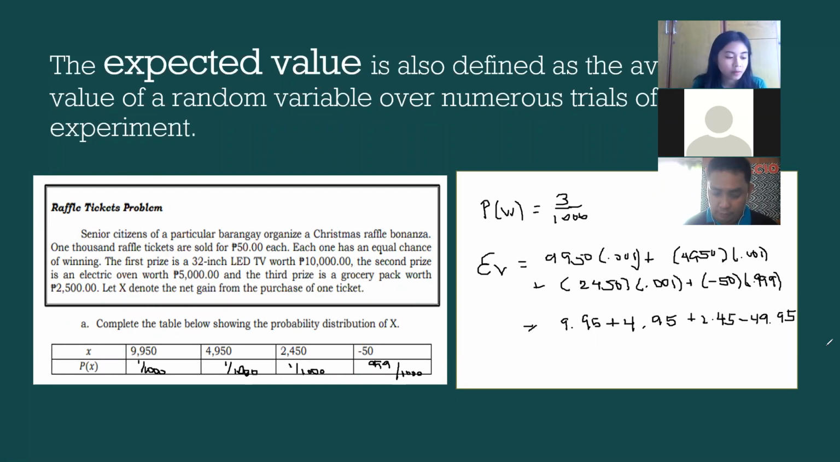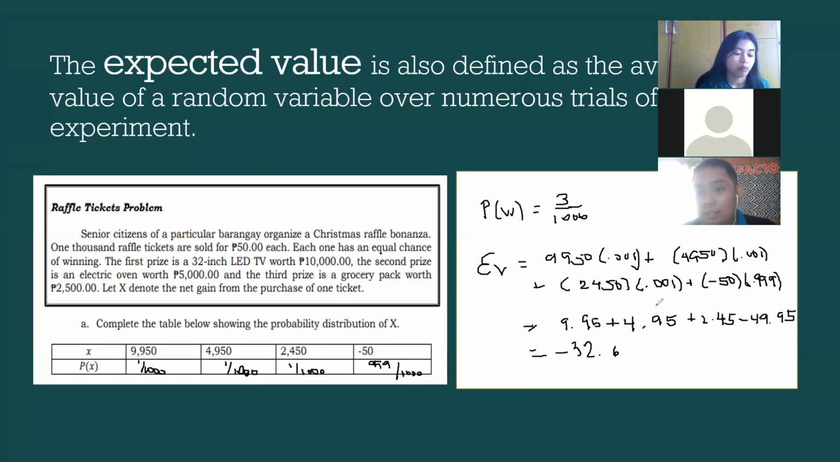So, negative 32.6 po. 25 minus 4.95 minus 2.45. Negative. It's negative 32.6. So ibig sabihin sa 50 pesos mo, on the average ay matatalo ka ng 32.6. So, sa pagtaya mo pa lang, sure shot na may talo ka na agad na